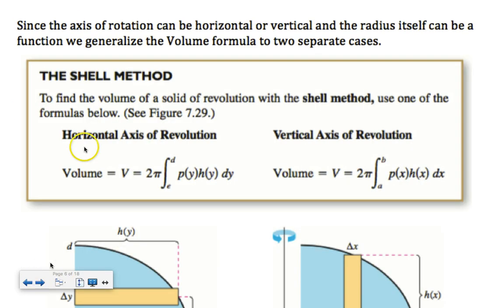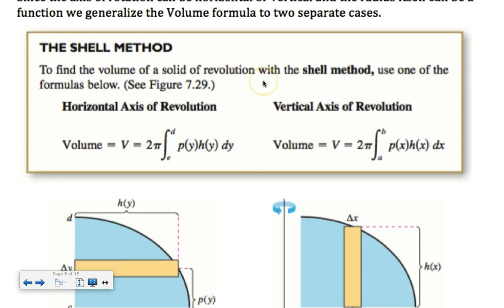Now, since the axis of rotation can be horizontal or vertical, and the radius itself can be a function, and we'll talk about what that means in an example or two, we generalize the volume formula into two separate cases. And so we have the shell method, where we have a horizontal axis of rotation and a vertical axis of rotation. And so volume is equal to 2 pi times the integral from, in this case they give us c to d, but it's always from a to b, of p of y, which is going to be our radius, times h of y, which is going to be the height,